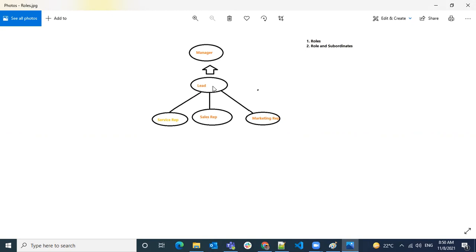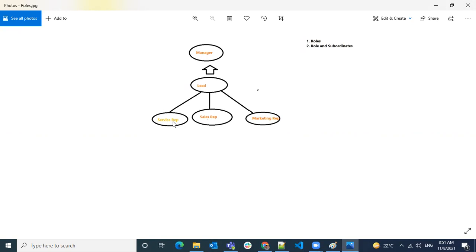So when you enable grant access using role hierarchy, you are granting the access based on your role hierarchy. If you're higher in the role, whoever is below you or reporting to you, if they have any access to the records, you will also have that access. Let's say service reps, they have some records.